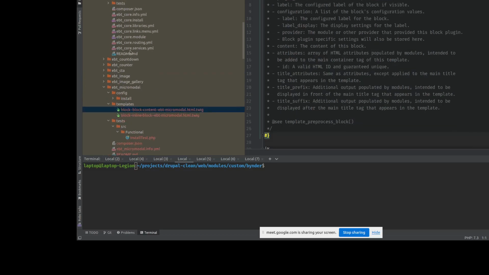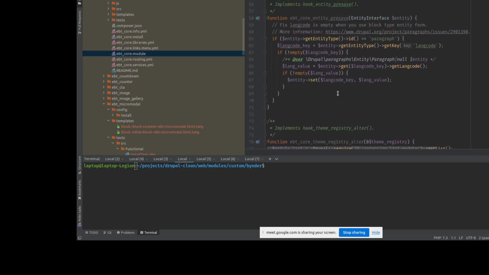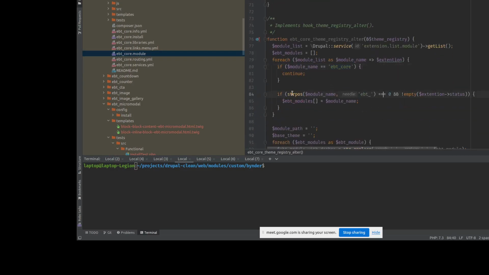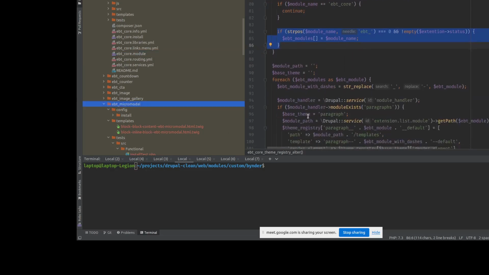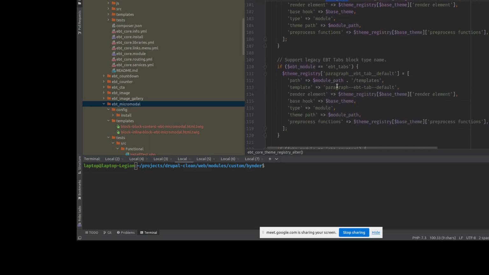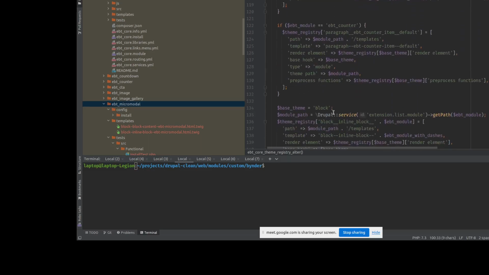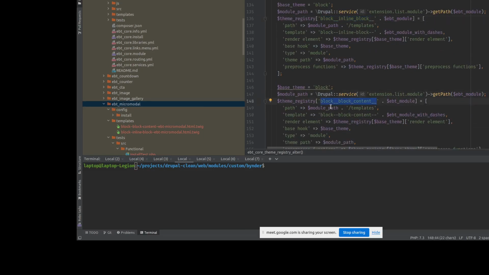So we have some code in EBT core which helps to add template suggestion for EBT modules based on module name. So it's possible to use paragraph templates, it's possible to use block templates, block and inline block content templates here